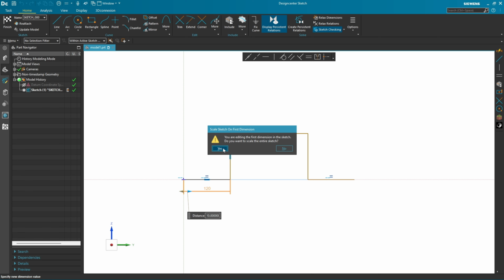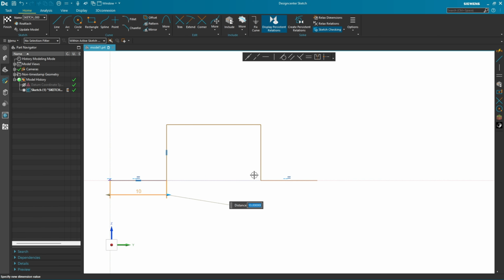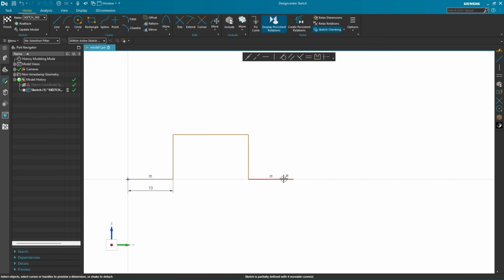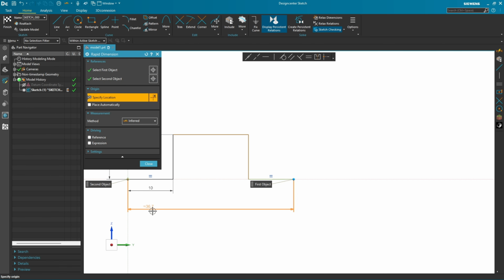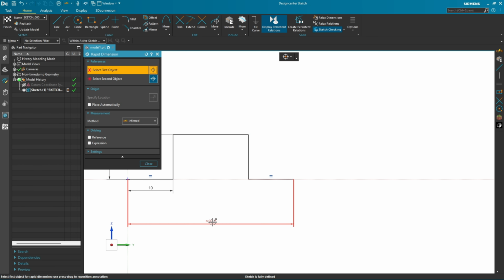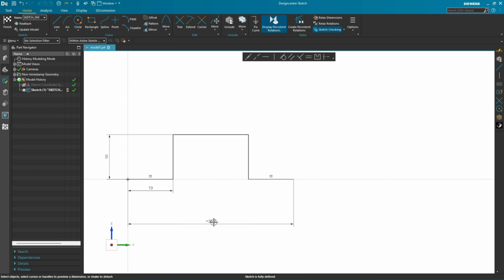You can select yes, and now the distance, this line here has 10 millimeters. Move this dimension here a little bit and go to rapid dimension, select this point and select this point here. The distance here is 50 millimeters. Press OK. We made this one,